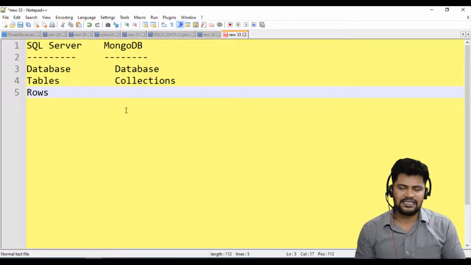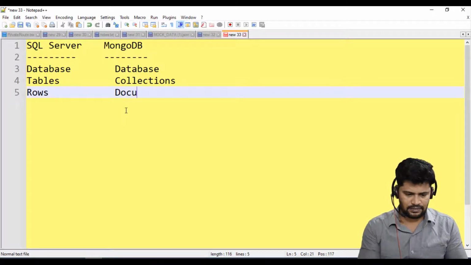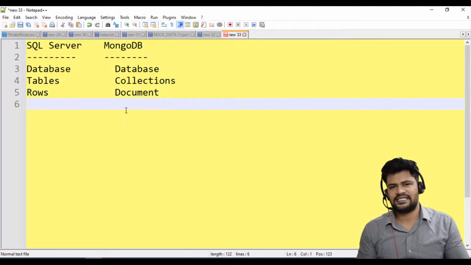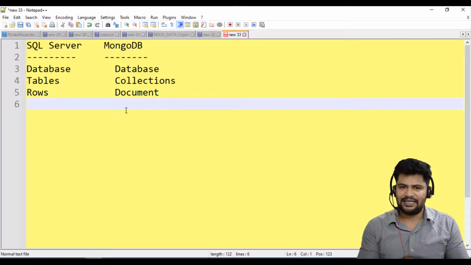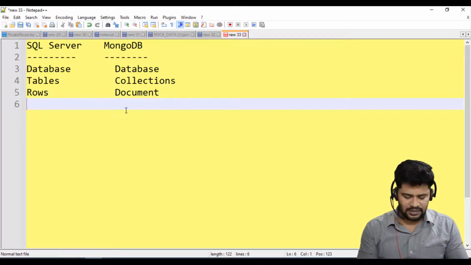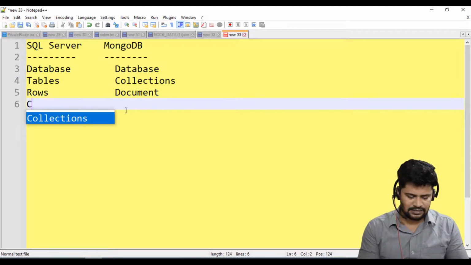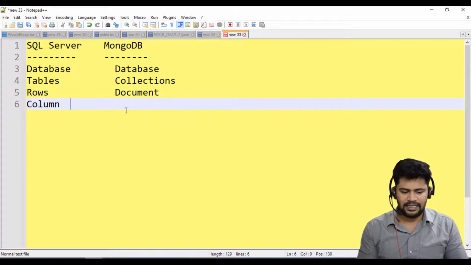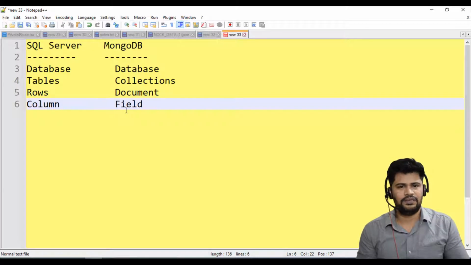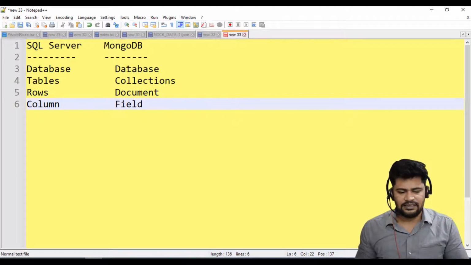So it means each row is one document. Each row indicates one document. And here, each column is called a field.